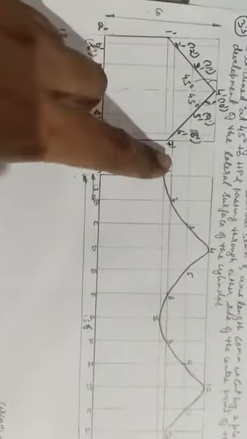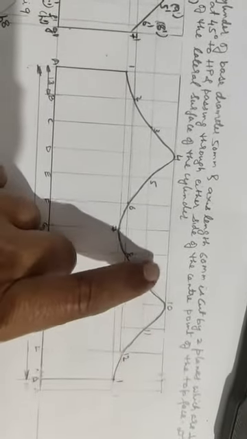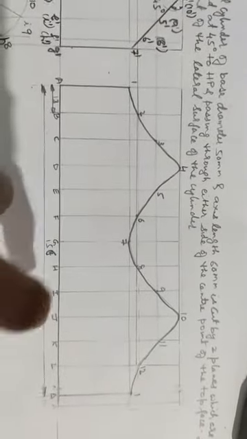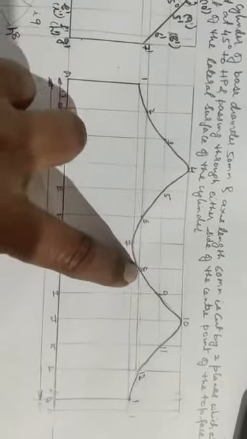You should be able to draw it fast by matching two points, and you will finish it very fast. Like 2 and 6 lie on the same line, 3 and 5 lie on the same line. Like that, 8 and 12 lie on the same line, 9 and 11 lie on the same line. If you do it in this manner, you will get all the 12 points very fast. So be careful while drawing the curve. It should be smooth. Don't join it by straight lines. Join by curves. If you join three points at a time, it will be easier.